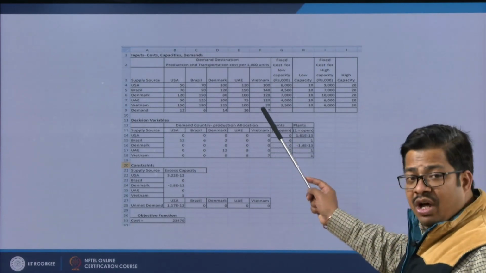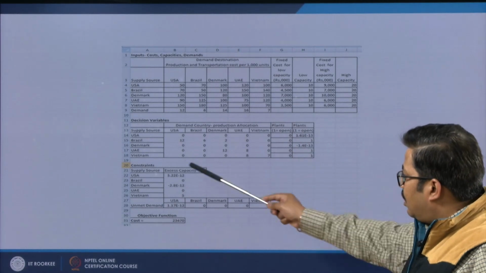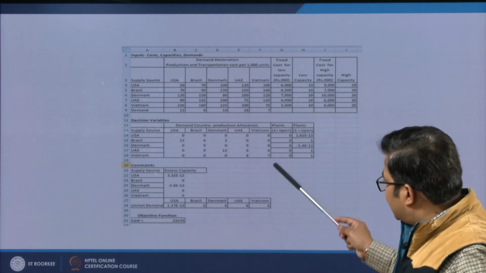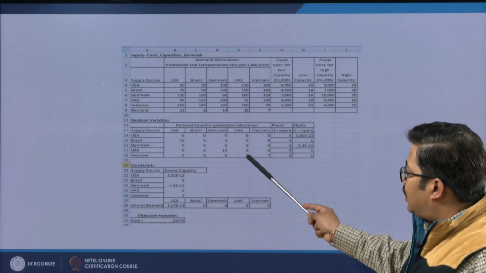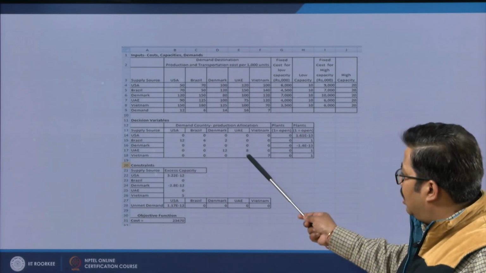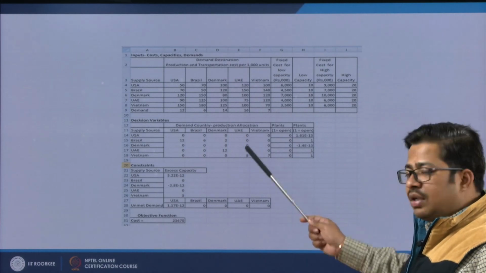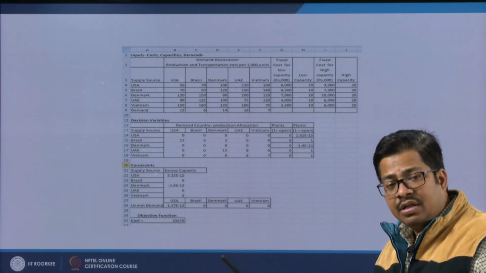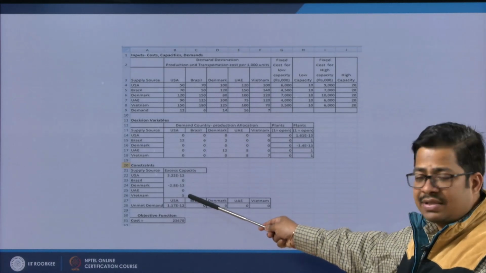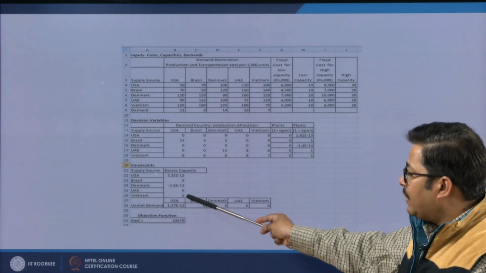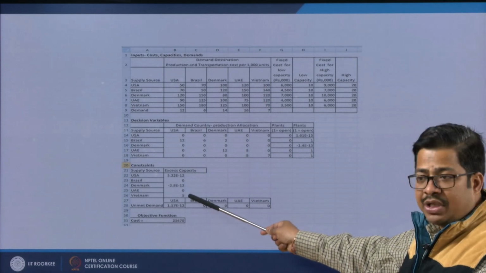And in case of Vietnam, again you are going to have a bigger plant. Vietnam's own requirement is 7 units. So out of 20, 7 will be consumed at Vietnam itself and the remaining 8 will go to UAE, and 7 plus 8 makes 15. So Vietnam will be left with 5 units of excess capacity that you are seeing in the cell number B26,